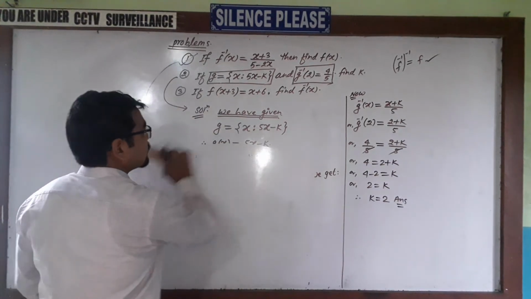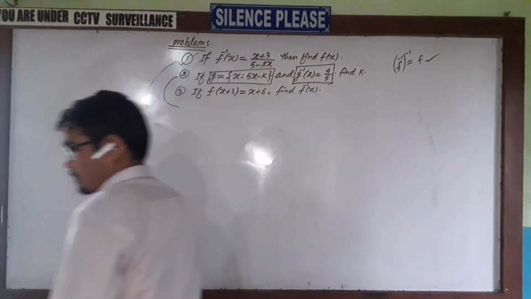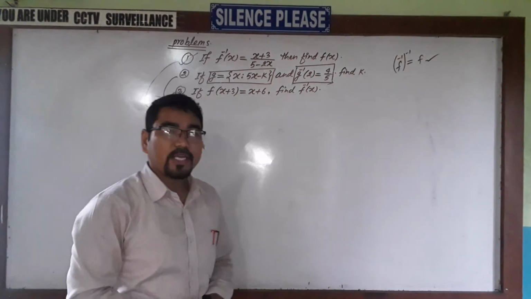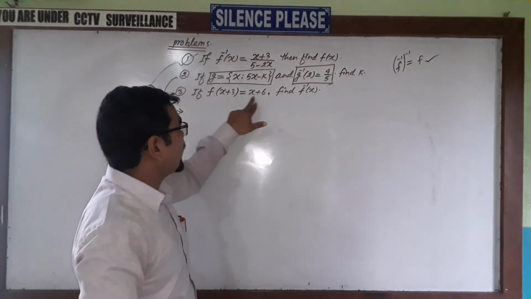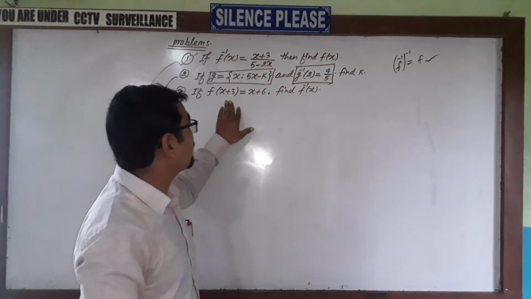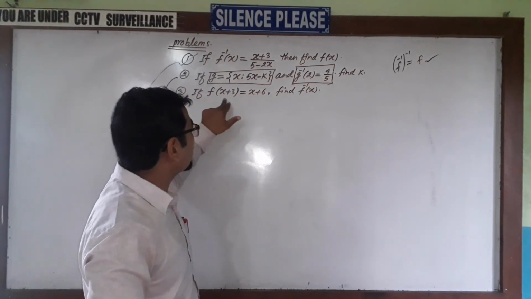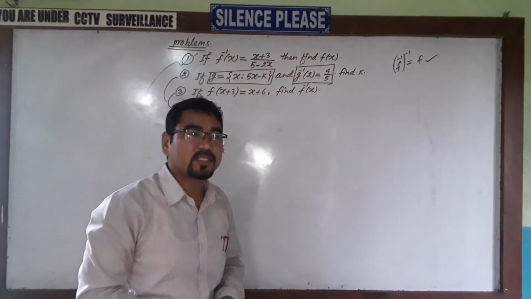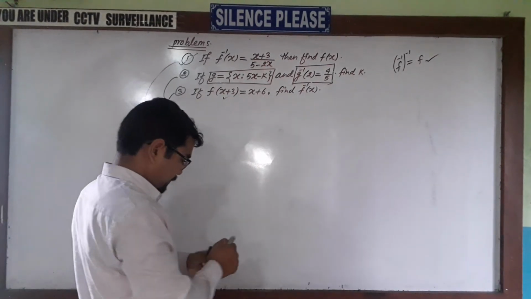Now next one, question number 3. I am going to do the solution of question number 3. Everybody, what is given here? Look. If f of x plus 3 is equal to x plus 6, the function is given, but in a little bit complex form. X plus 3 is given instead. Then find f inverse x. Finding f inverse x is very normal, but here the problem is this.